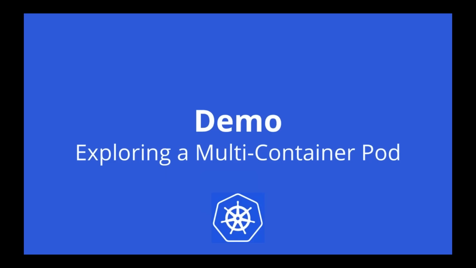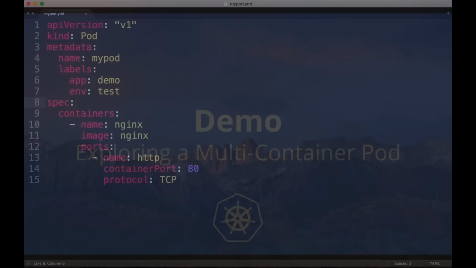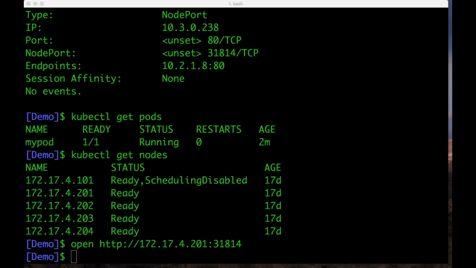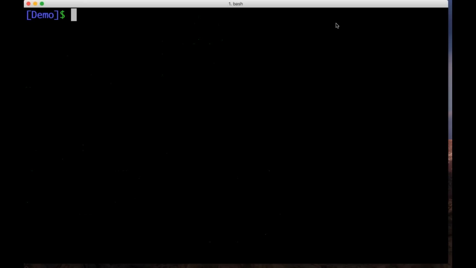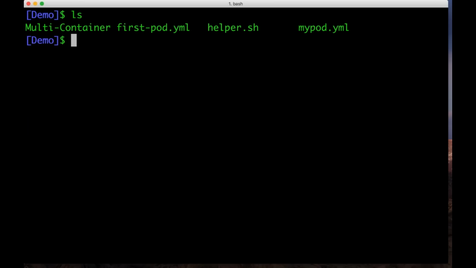So I want to walk you through a demo that will give you a good sense of how to create multi-container pods and what are the popular use cases for using that. So let me bring you back to my command line. All right, so I have a very simple